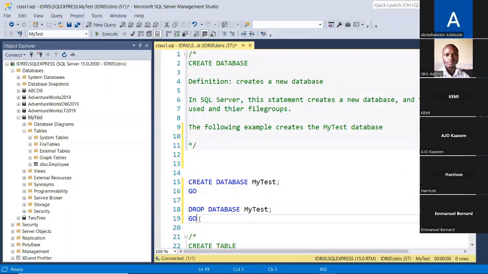Transact-SQL, or SQL Server, is case insensitive, which means it can be in either lowercase or uppercase. Either case, it will work fine. You say, what? I need it in sentence case. Sentence case. That's